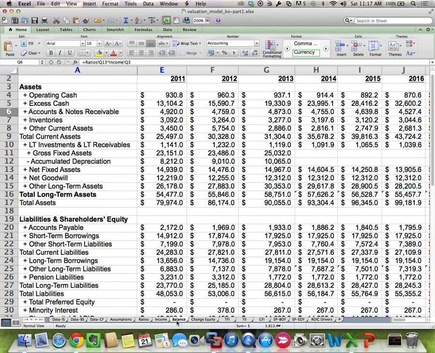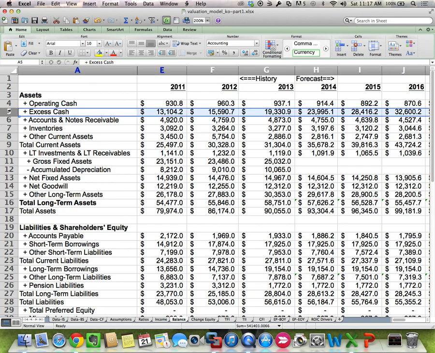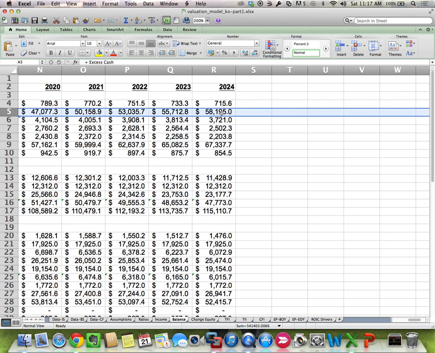It's the potential payout. Now, how you choose to distribute it, these $58 billion by 2024, is up to you. You can pay it to the debt holders, you can pay it to the equity holders, you can pay a dividend, you can buy back stock. It could be any one of those. So that's the point: excess cash is the money that could potentially be paid out. We don't know how the company will choose to pay out. Let's assume they'll do it in the most tax efficient way, but nonetheless, we know how much can absolutely be paid out. That's why excess cash not only is a plug, but that's why excess cash is really a critical